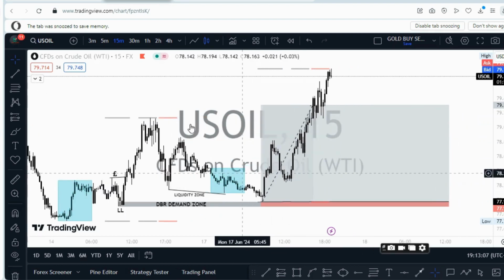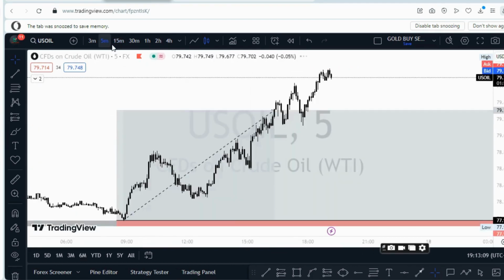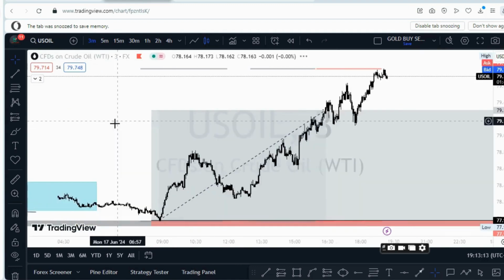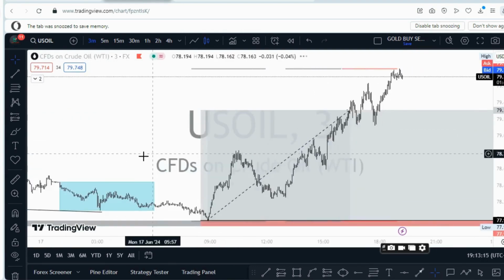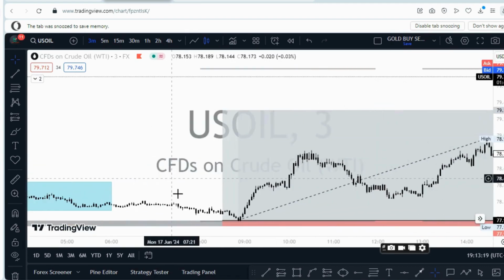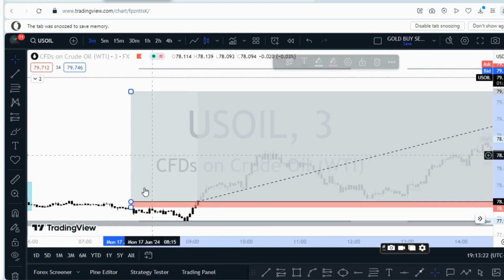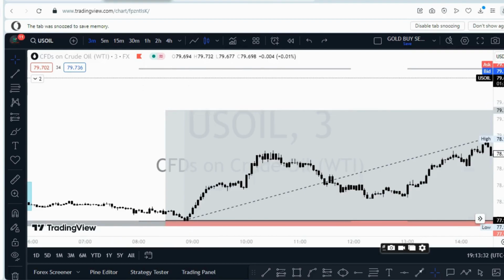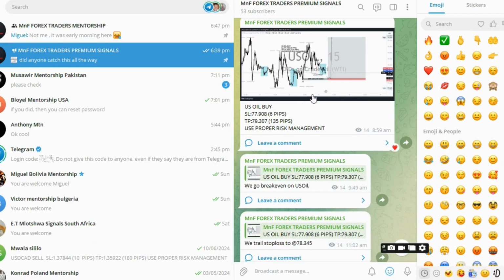Once the market came to my area, let me just show you. The market literally just tapped into my zone. I was like, I'm going in. That's the reason why I had a late entry, because I had to wait for the candle to close right here. Look at this, we had a nice bullish engulfing pattern. Once I had that confirmed, I was able to share this in our signals community. Boom. And then people were able to get in.